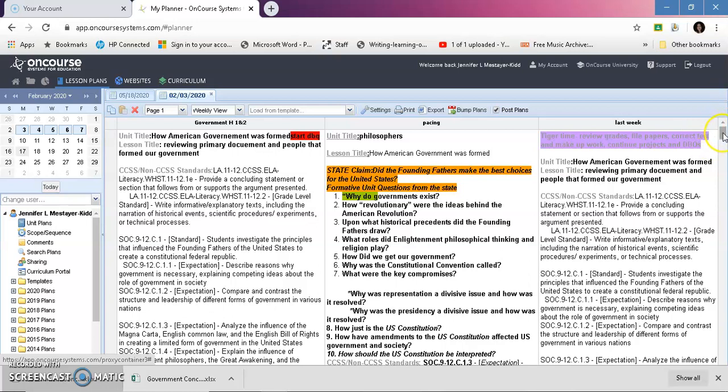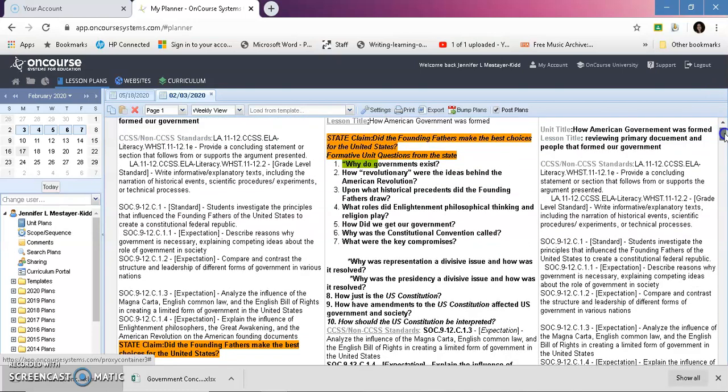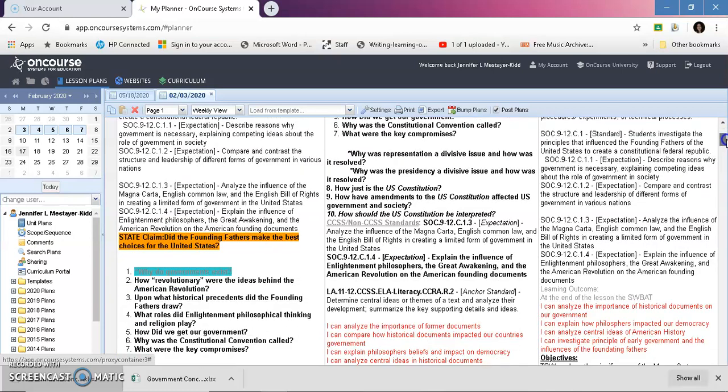But you'll see I have the title of the unit and the lesson. I have our core content and the standards that I'm reaching to outside of the scope of social studies. I have the state claim, which they always would like us to have. I have my essential questions that I'm trying to get them to answer throughout the whole week and to push forward to that claim. And again, you find all this in the quick guide or the scope and sequence, and then you might pinpoint and break down the questions a little bit more.